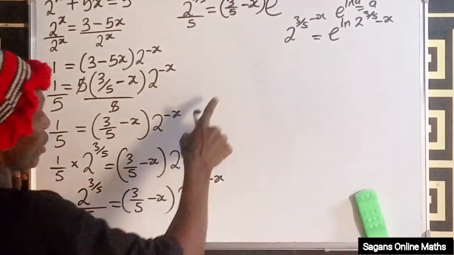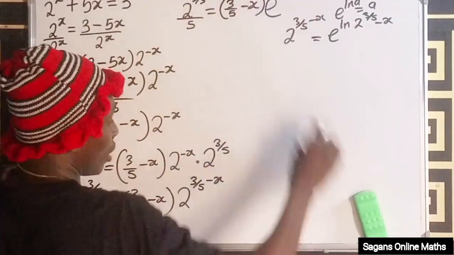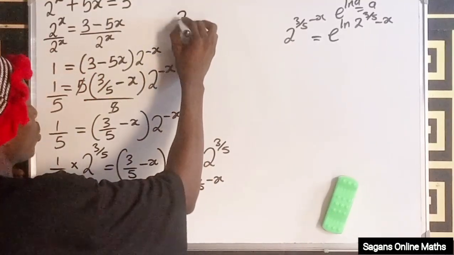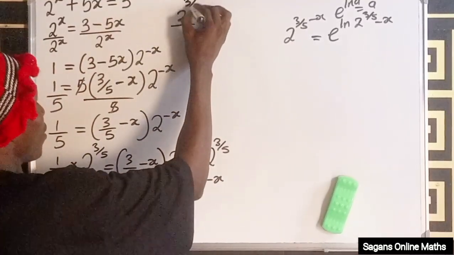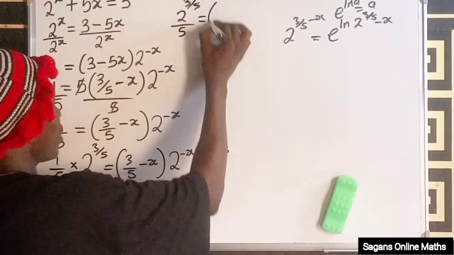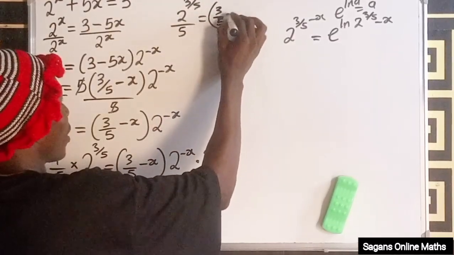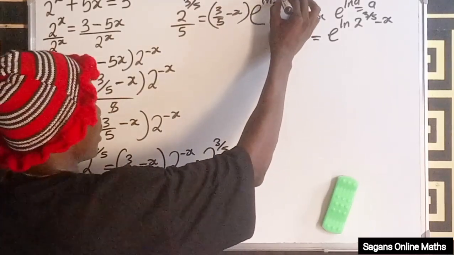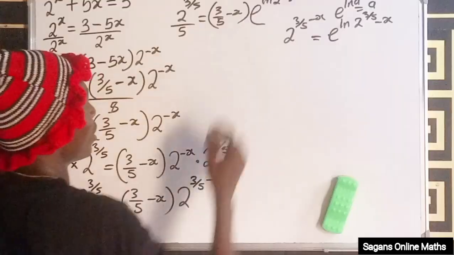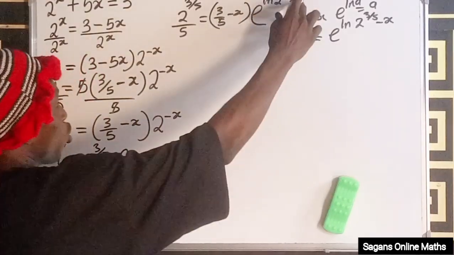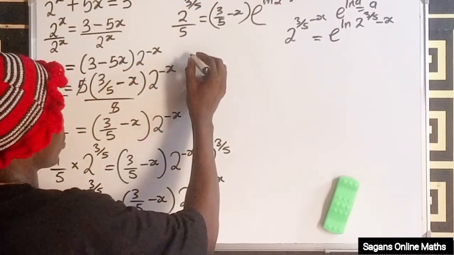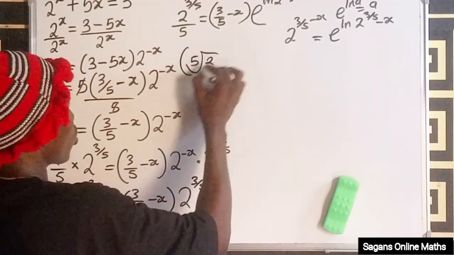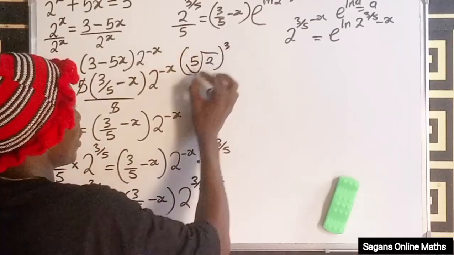Now in place of this, I can write this. Let me remove it from there so that I can have space. So what I have is 2 to the power of 3 divided by 5, all over 5, equals 3 divided by 5 minus x, then multiply by e raised to the power of the natural logarithm of 2 to the power of 3 divided by 5 minus x. Now this can also go back here to multiply the ln. So I can write this as the fifth root of 2, all to the power of 3, all over